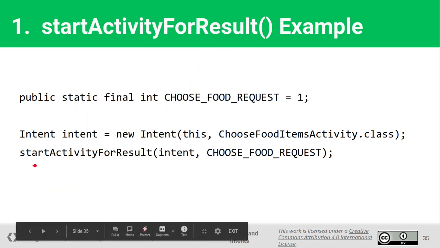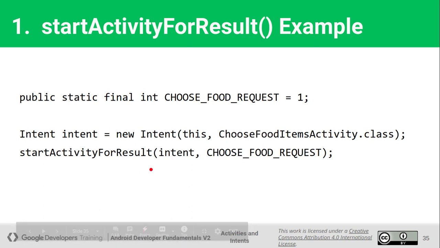And then we call the function startActivityForResult, and we assign a code to this particular activity. So the code number 1, we call this 1 a code. It is assigned to the activity named ChooseFoodItemsActivity.